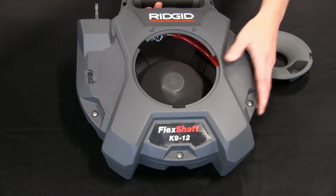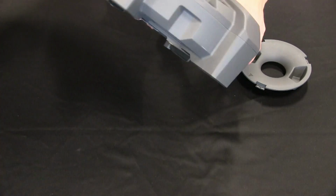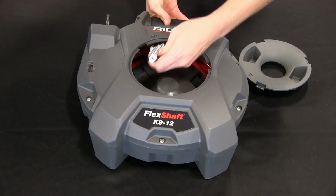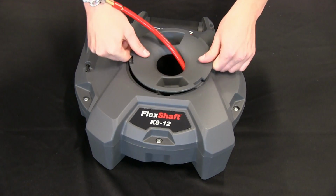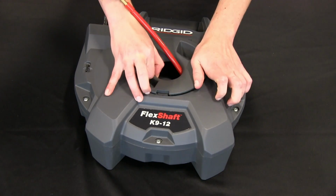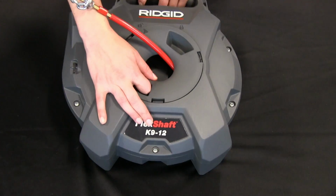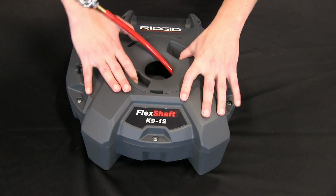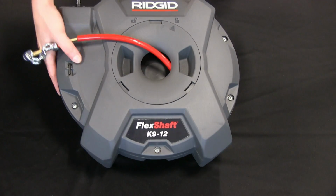So while stored, you can keep your center cap on top, take it off, reach in for the end of your cable, pull it out and put the cap back on. The cap will make it easier to maneuver to pull your cable in and out while you're cleaning your drain. So you just line up the arrow there with the unlock, twist it to the lock position, and then you're